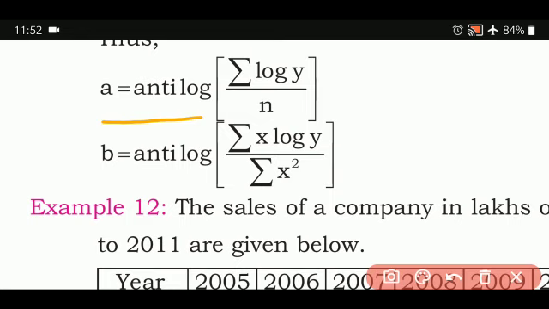And I also told you all how you can write the normal equations and come to the conclusion. In this particular method, that is the exponential trend, we are using logarithms. Remember that you are using logarithms for the simple reason that calculating exponents becomes very difficult. So to make that easy, we use logarithms. So when you find the answer in logarithms, at the end you again have to come to anti-logarithms to come to the normal decimal system. Let us see an example on the same.